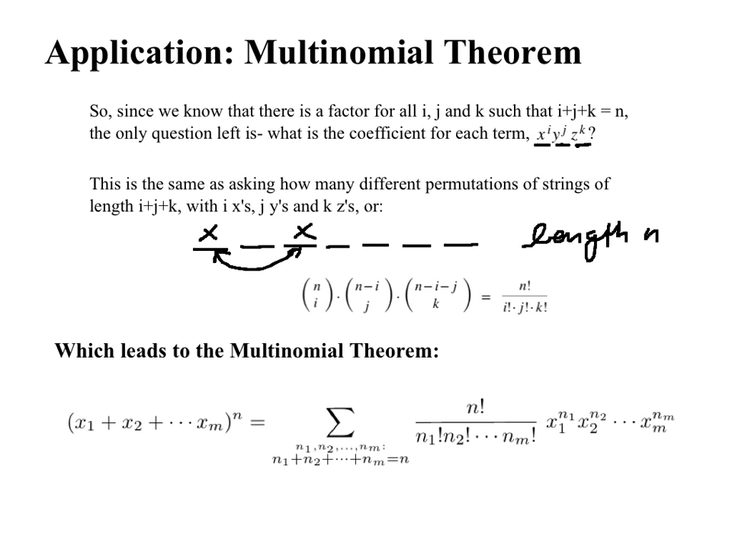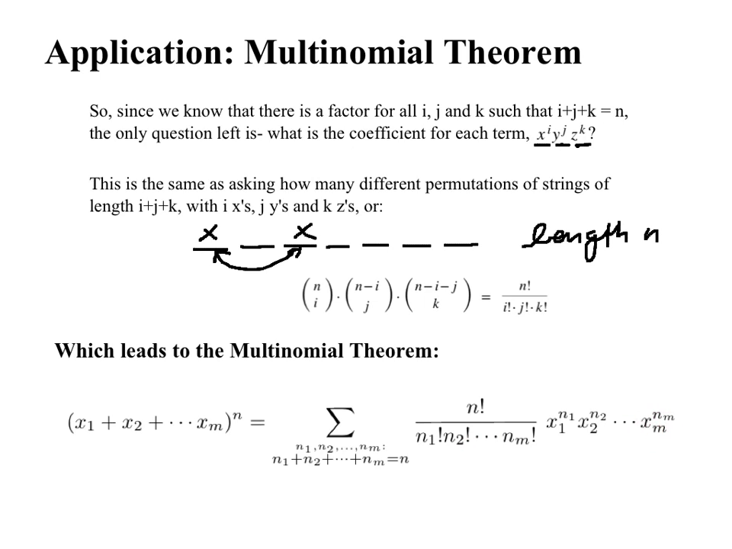In other words, just like we said, i plus j plus k is equal to n in this case. The sum of all of these coefficients is equal to n. Then the leading coefficient is just going to be the total, n factorial, over n1 factorial, i.e. the number of indistinguishable x1s, times n2 factorial, i.e. the number of indistinguishable x2s, and so on, all the way up to the number of indistinguishable